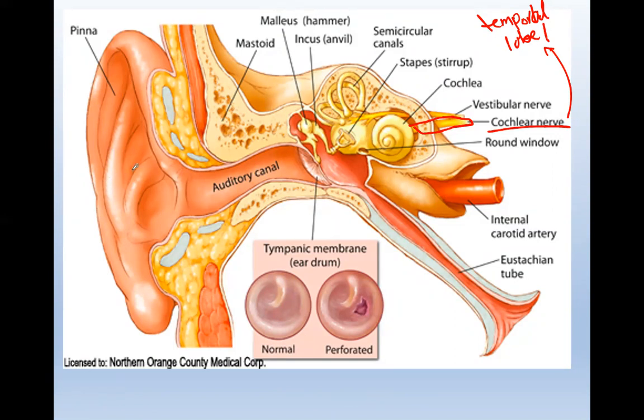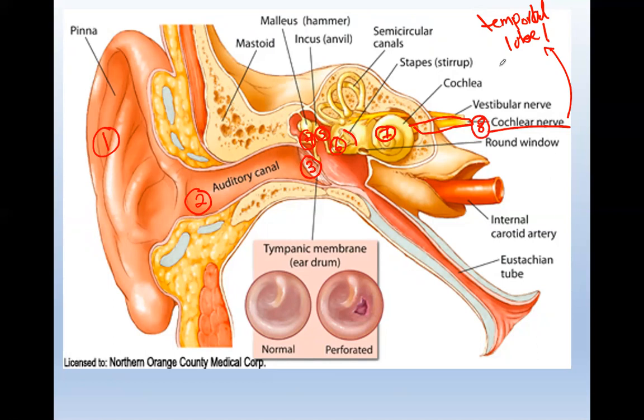So kind of looking at the structure and me labeling the structures on the picture for you, you go through the pinna, through the auditory canal, vibration of the tympanic membrane, which causes vibration of the malleus, incus, and stapes. Message goes through the oval window and reaches your cochlea. Cochlea takes those vibrations of the sound and converts them to electrical impulses, which pass through the cochlear